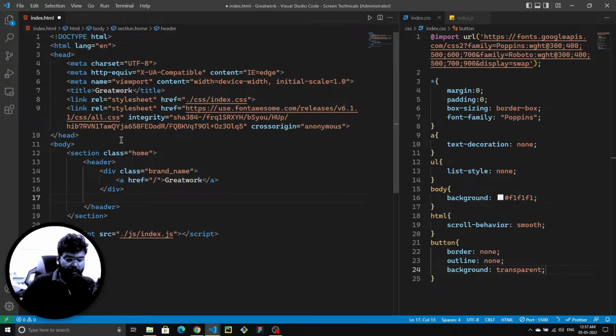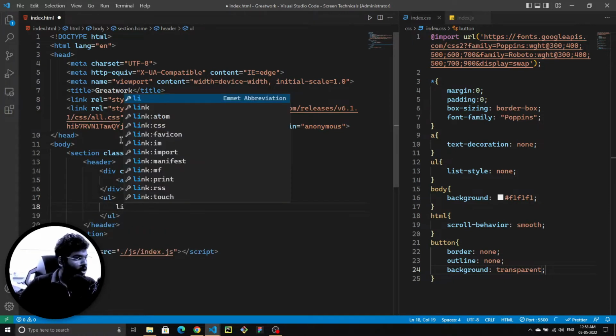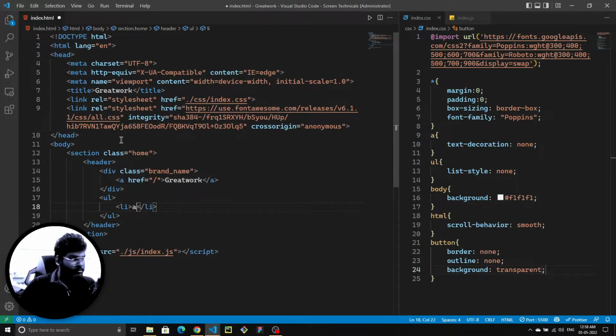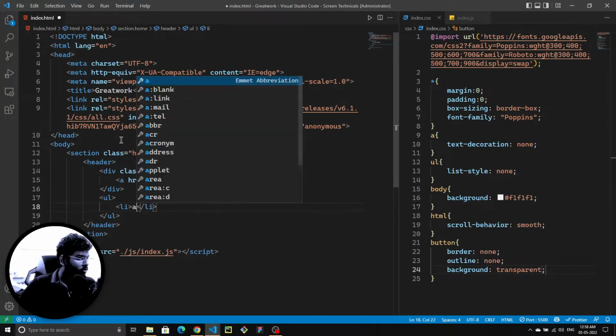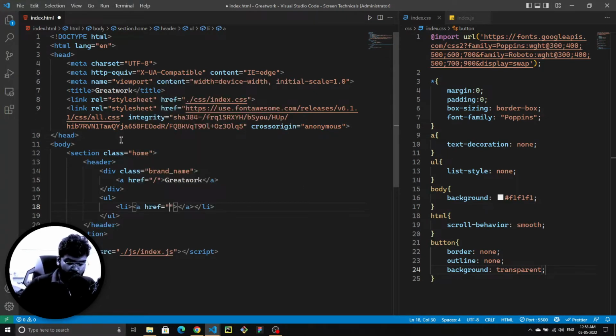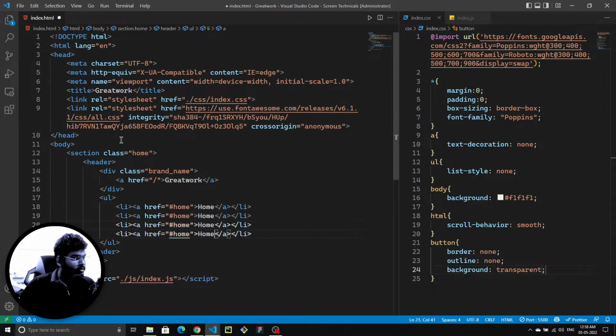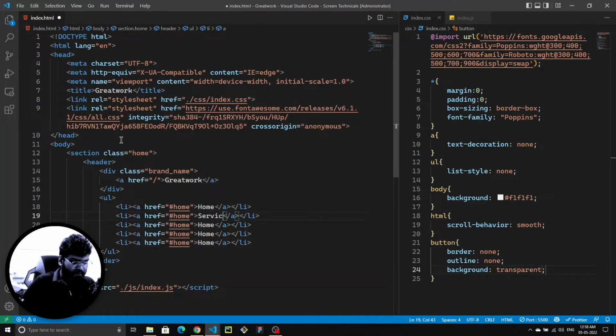And after that I'm going to create a UL tag, and inside this I'm going to have the li a, just like this. This is going to be hashtag home, and this is going to be home. Replicate this, and then at this point I'm going to change this to services, and this to also services,